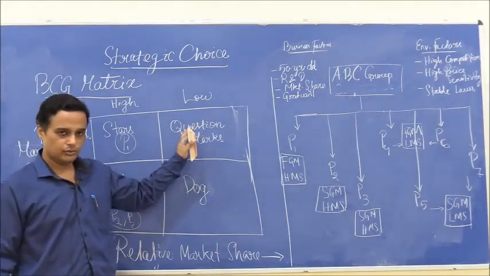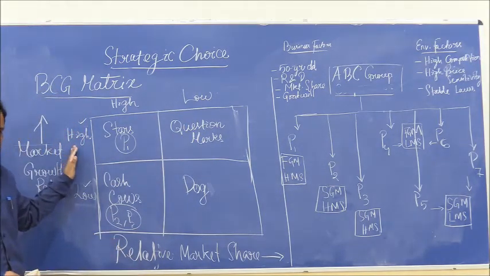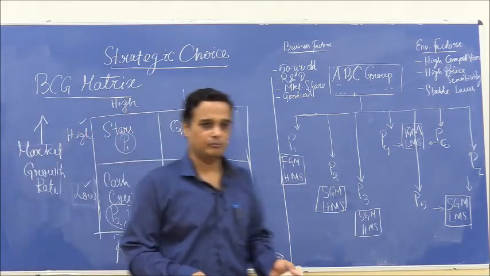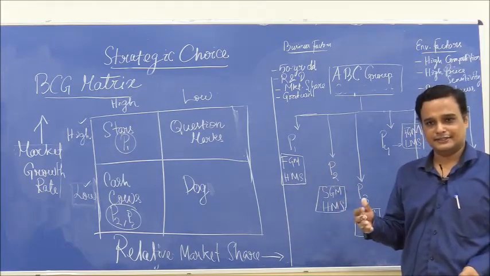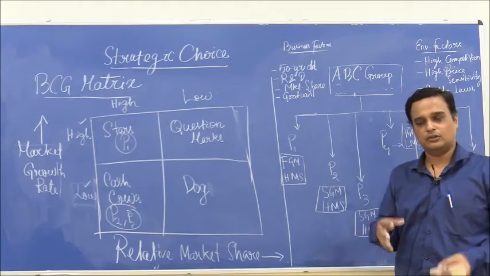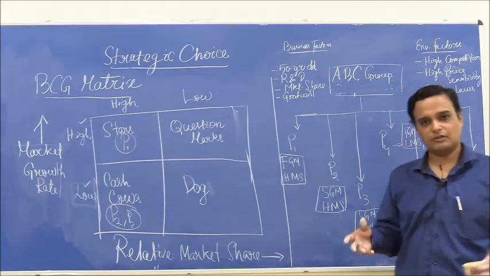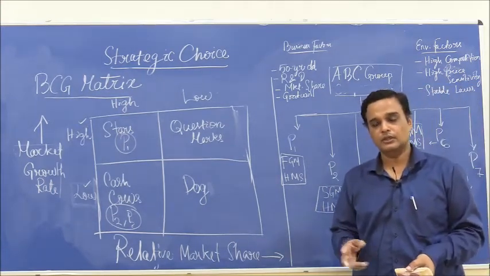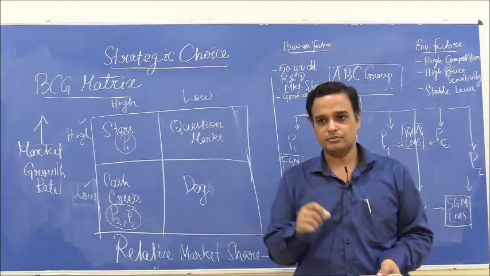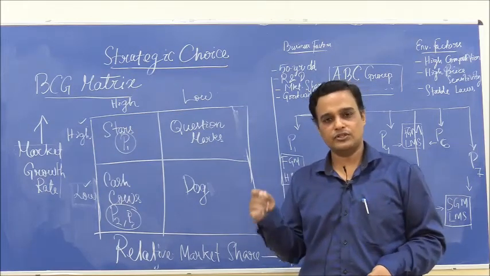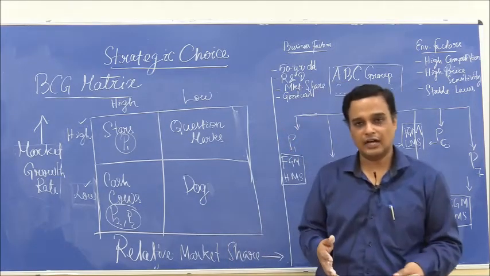Next, we will move on to question mark SBUs. Now, these are SBUs which operate in a high growing market. There is demand for the product, but consumers are not purchasing your brand. The demand is being satisfied by perhaps competition. So, in that case, you are missing out on a pretty large number of consumers. Your own growth rate is pretty low. Either that, or perhaps you are new to the market. Perhaps the business has just launched and it wishes to launch in this market, or it decided to come into this market because it has a high growth rate.